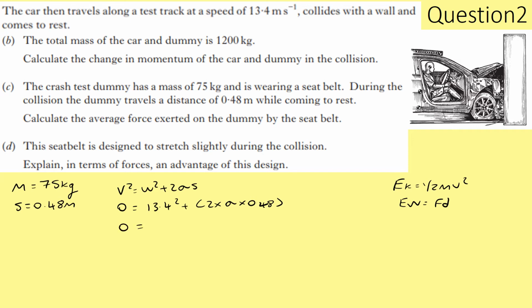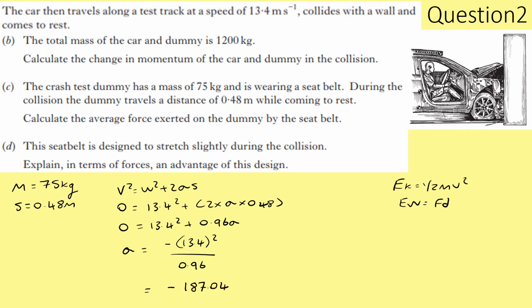So 0 is equal to 13.4 squared plus 2 times 0.48, which is 0.96a. a is equal to negative 13.4 whole squared divided by 0.96, giving us a value of negative, as we expect for slowing down,